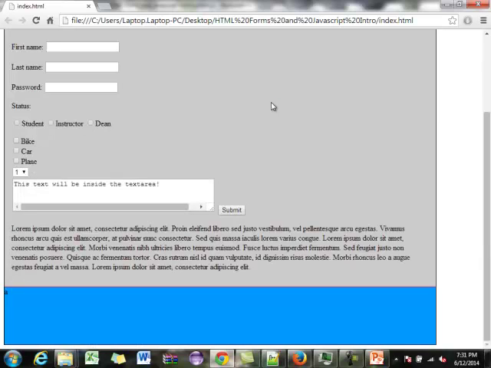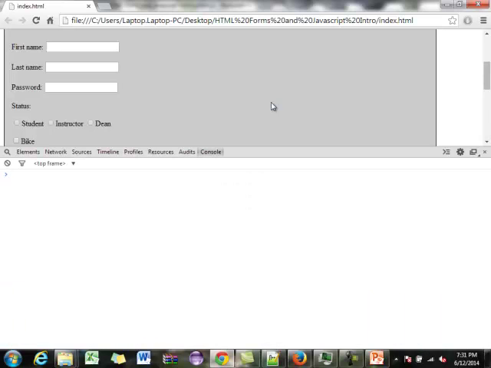Control-Shift-J will hide it. Explorer won't have it. They might have their own thing. Maybe the new version does, but Firefox does and Chrome does. You used to need a third-party plugin to do this, but they've caught on. They've realized writing JavaScript used to be such torture. It is, even now it's a little painful, but it was just so hard to debug because there were no